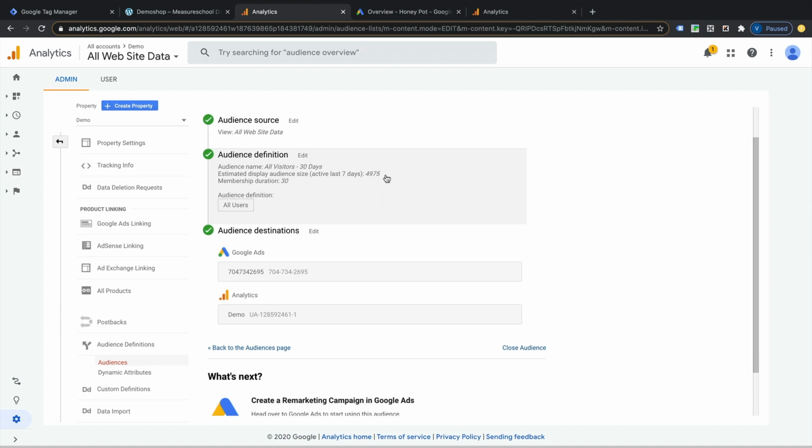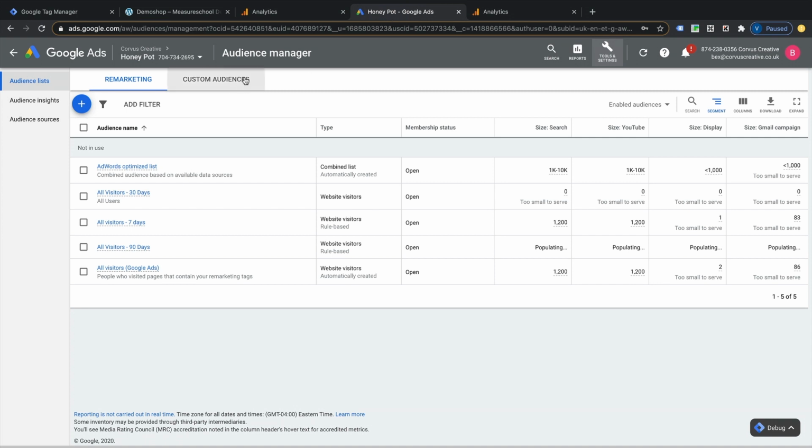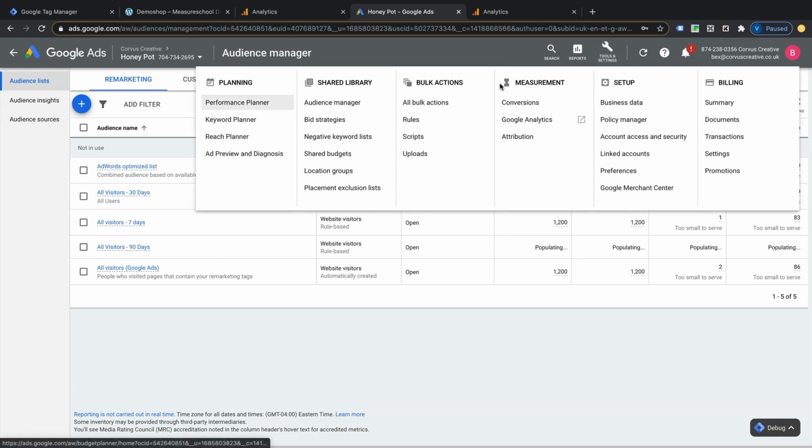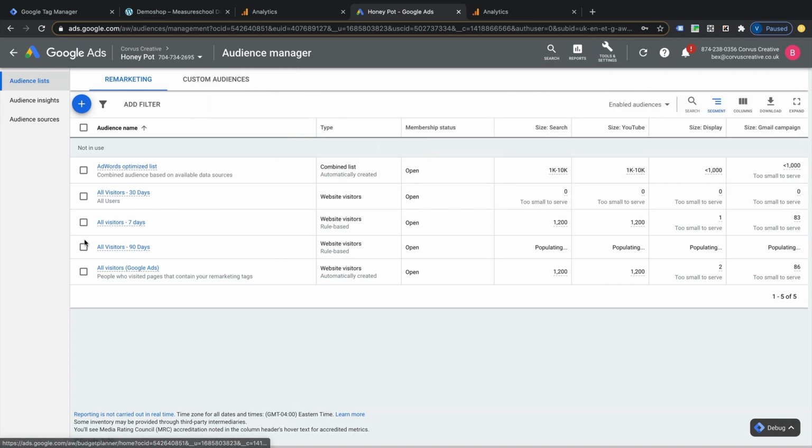Obviously, this number will vary from website to website depending how long your Google Analytics has been on there, and also more importantly, how much traffic is coming to your website. So now let's head over to our Google Ads account, and just to show you how this audience has actually gone into Google Ads. So we're in the Audience Manager here in Google Ads for the account that we just linked. To get there, if you're not sure, Tools and Settings and Audience Manager, and make sure you come to